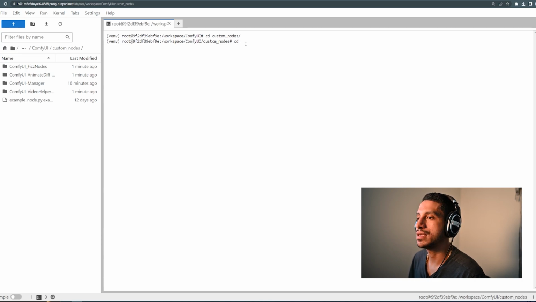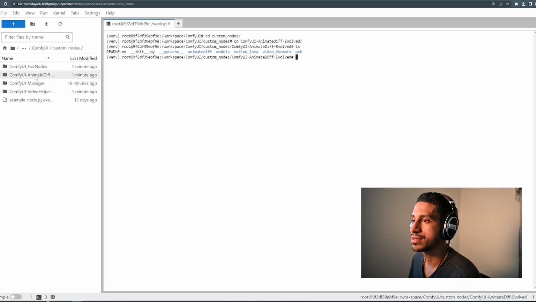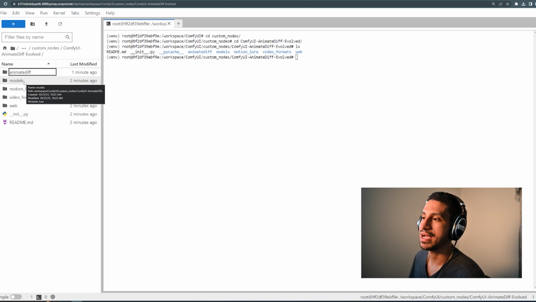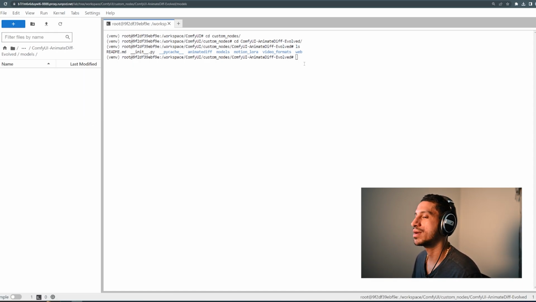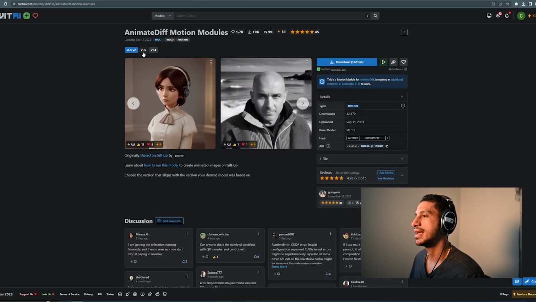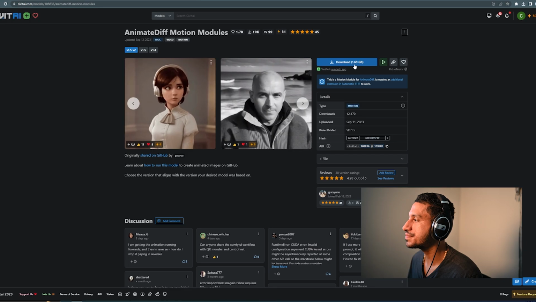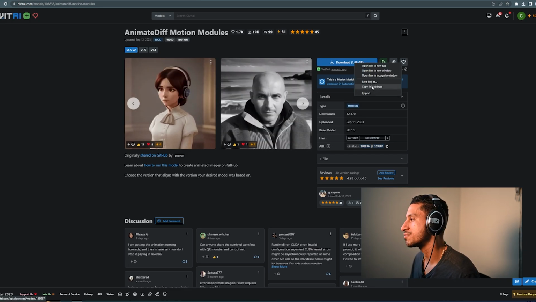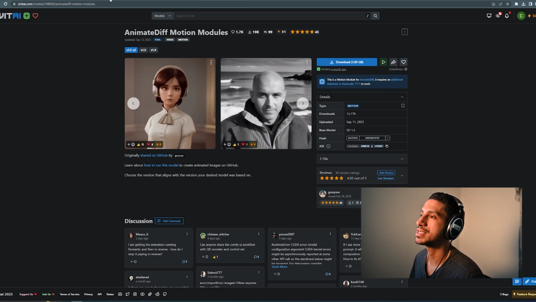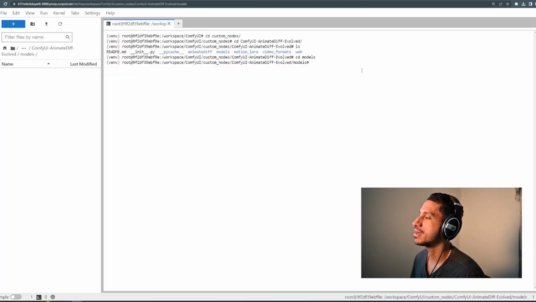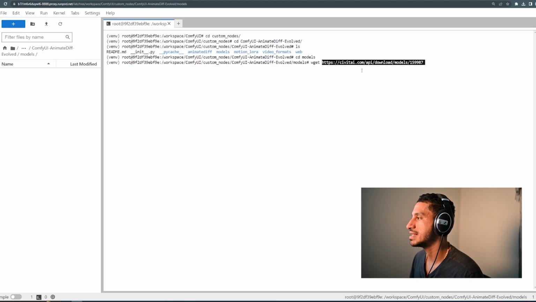We're going to cd into ComfyUI-AnimateDiff. We'll ls, or rather just look inside our file browser and notice that we have a models folder. This is where we're going to install our models. So we cd into the models folder. Again, on Civit AI, we have our links. I have to download. I'm going to right click just like we did before, copy link address. I'm going to head in here and just wget, paste the address,